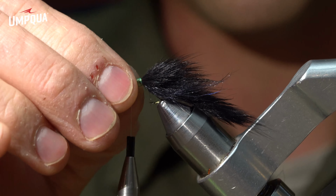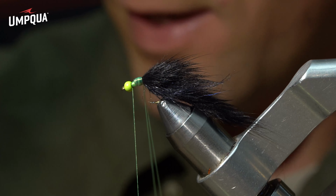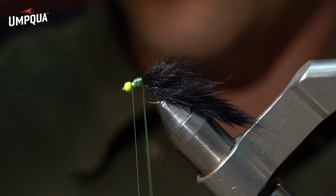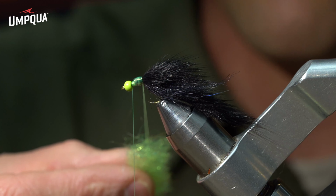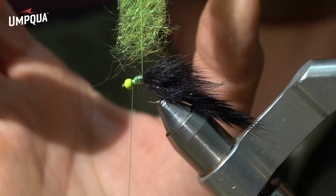And then move your thread back to behind the eye. And again, now we have a chartreuse loop to work in, and our running thread is right there. Carefully pick this essentially kind of column of precisely cut dubbing. Pick it up, and again, it sticks to itself very, very well. You don't have to be too careful with it, but you don't want it to kind of fall apart at the same time. We're gonna put that into the loop, and now you can see we have this nice, consistent